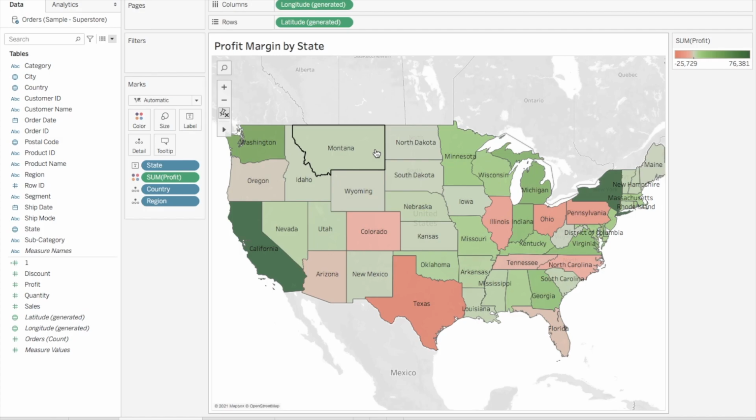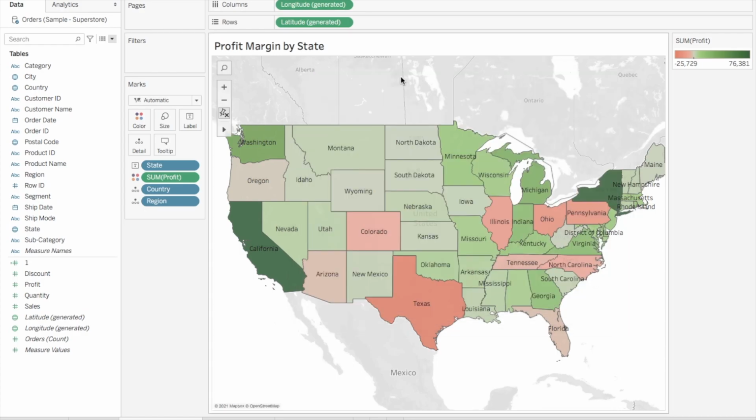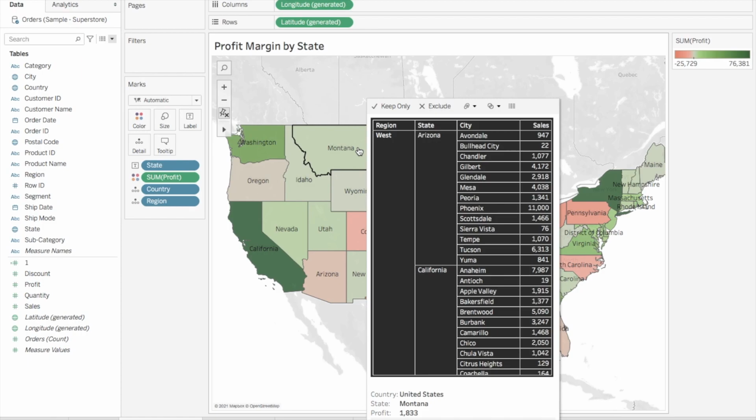So now how to get rid of this, right? If the size of our hover report is a little bigger, we can adjust the height and width of this hover report again by going into the tooltip option. As you can see over here, we have max width as 300 and max height as 300. So I will increase this to 500, and this also to 500. Now let's see how it looks. As you can see, at least width-wise it's looking fine now. The width has been adjusted well.